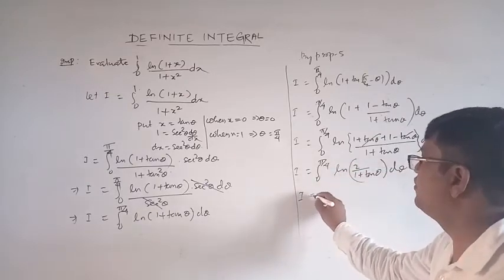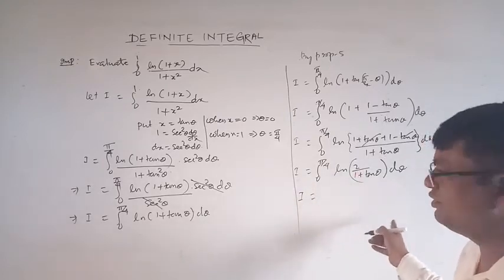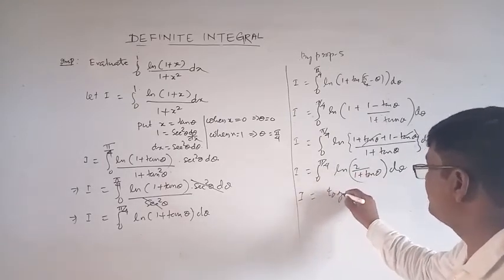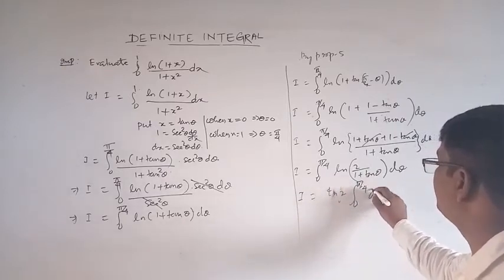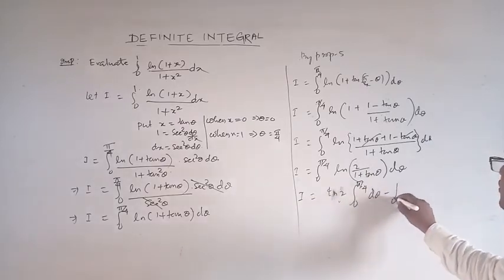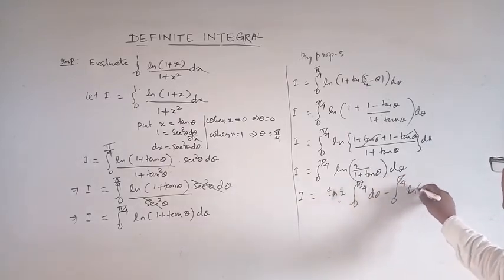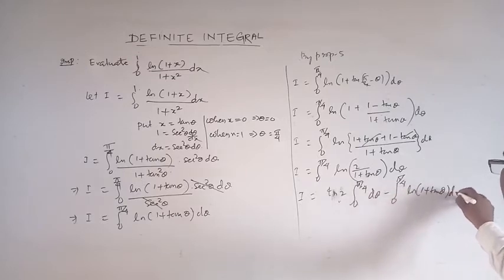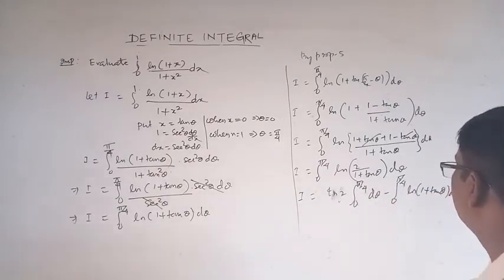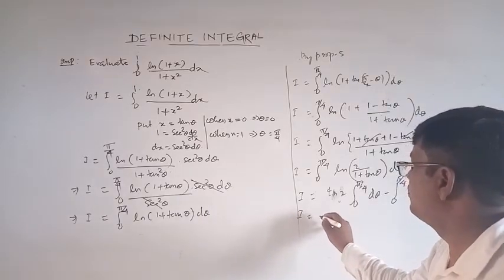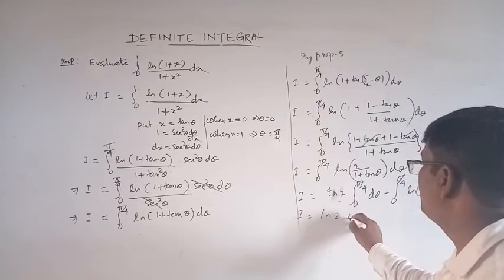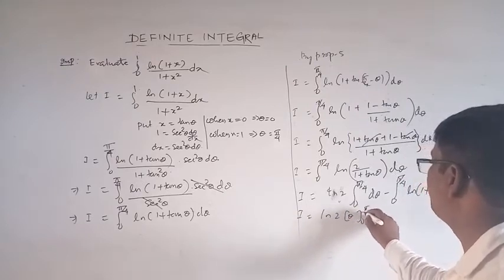Now I is equal to log 2 minus log, by the log m by n formula. So log 2 is a constant, and we get the integral from 0 to pi by 4 of d theta minus the integral from 0 to pi by 4 of log 1 plus tan theta d theta. And this is I. So I is equal to log 2 times theta from 0 to pi by 4 minus